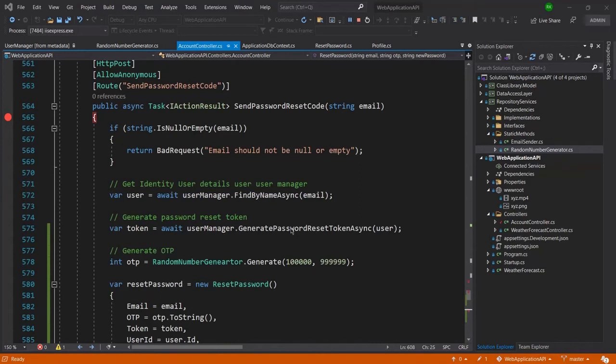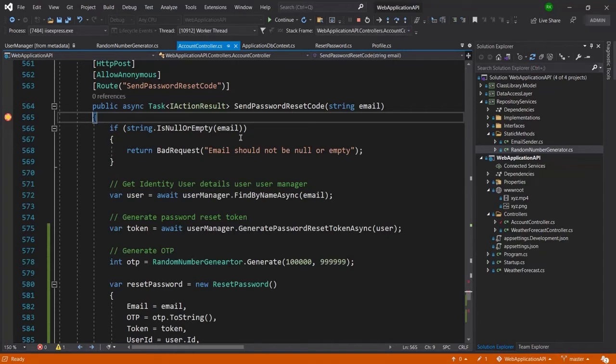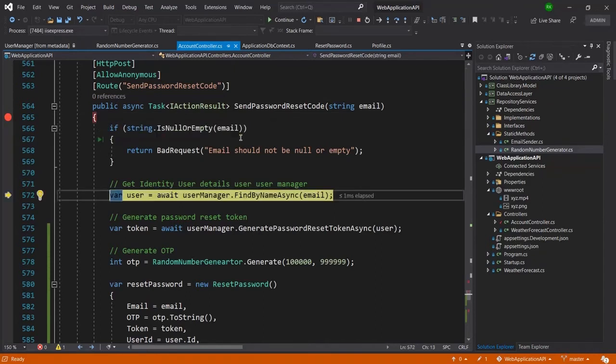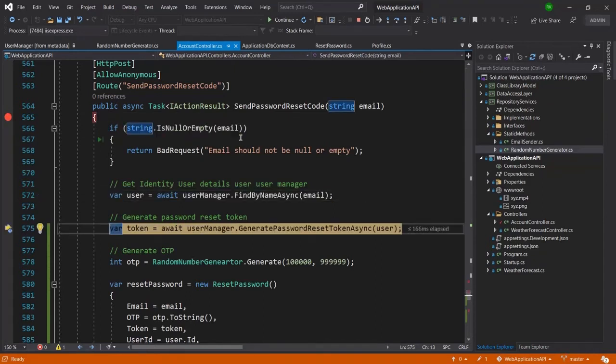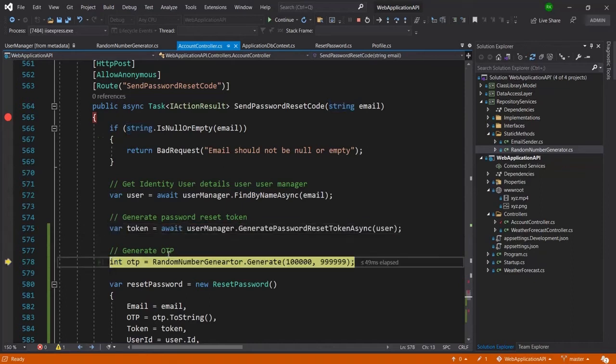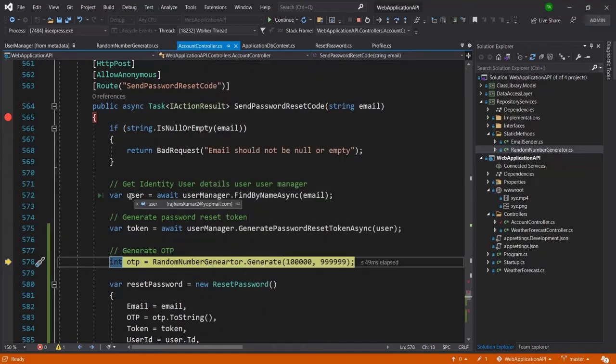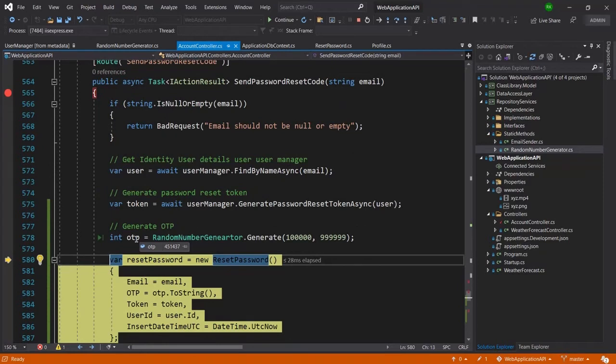Now you can see it has hit the breakpoint, so let me go line by line. The email is validated, I have got the user information, and now I will get the token. You can see this is the complete token, and here I have generated the OTP, 451437.